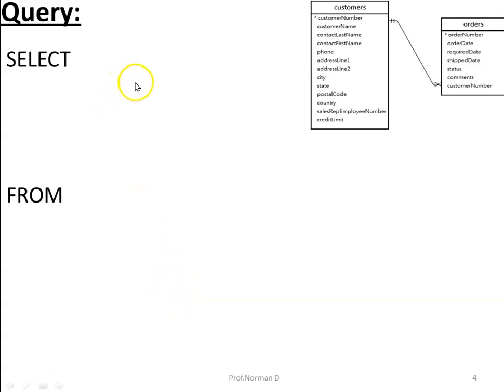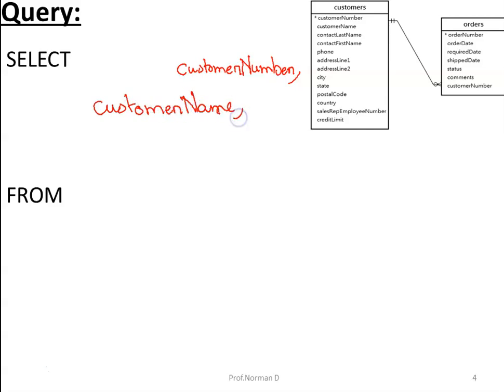In the select clause, I'll specify the attributes, that is customer number, customer name, and the order number, and the status of the order.